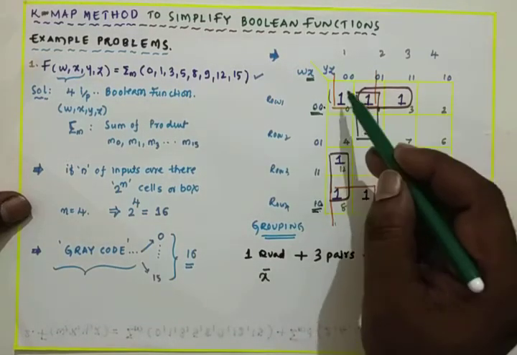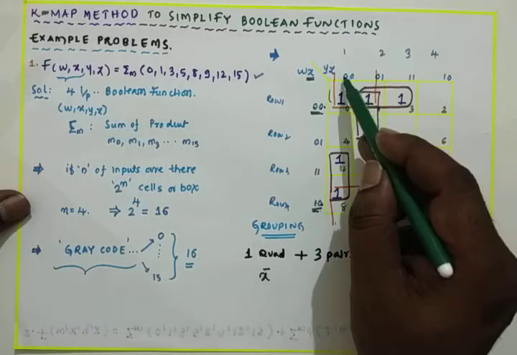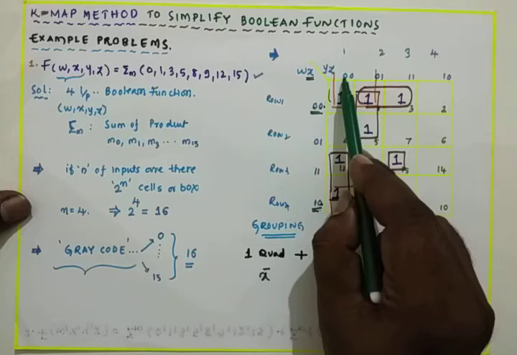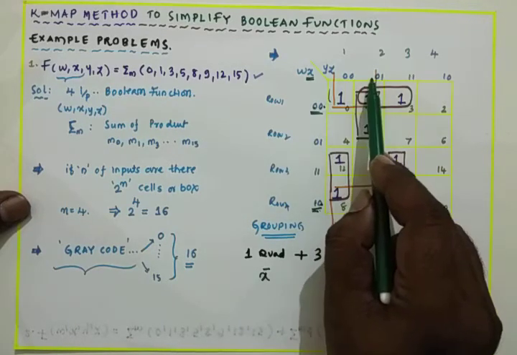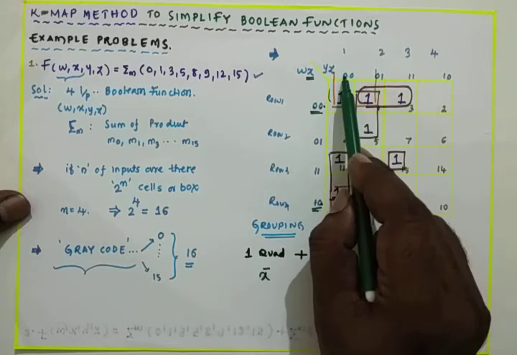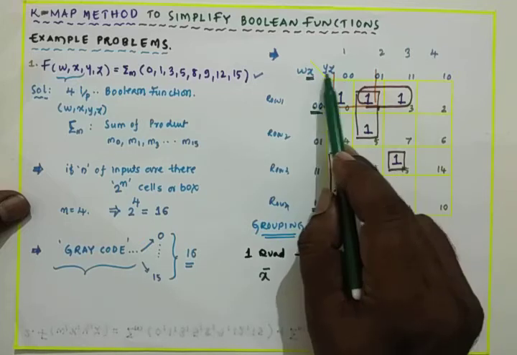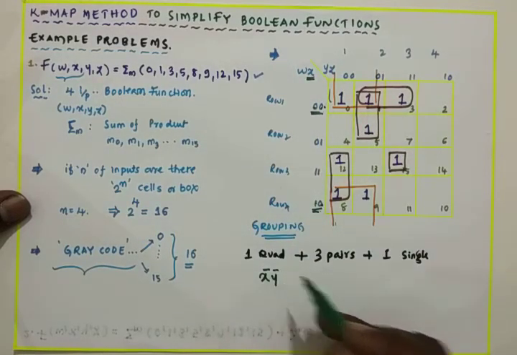Now the rows are completed. Go with the columns. This quad is there in the 2 columns, that are 0, 0, 0, 1. In these, 0 is common, and here the first term is y, so that 0 is nothing but y bar.